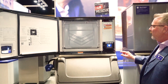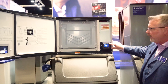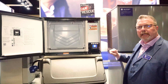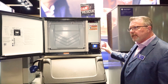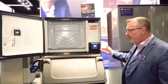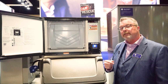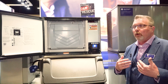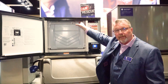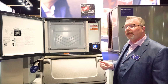All right, also, in addition to this area, when we see the on-off button, the lock button, and the clean button, this is a one-touch cleaning. So I can initiate a cleaning cycle. It's an NSF-approved cleaning sequence of operation. Purges water down the drain. It causes the screen to change to focus in on on-screen prompts to let the person know what to do next, what's happening, when to add your chemical to the evaporator area, going through 6 rinses and flushes, then automatically